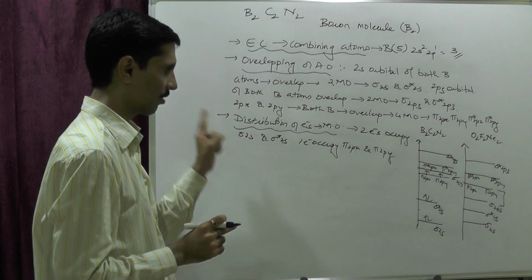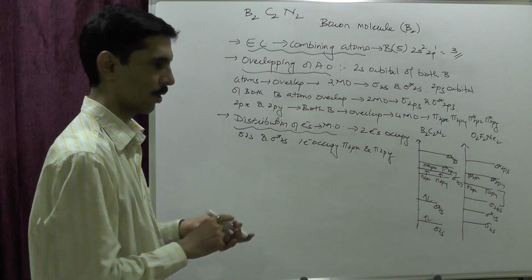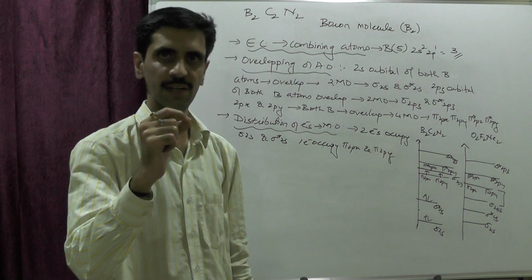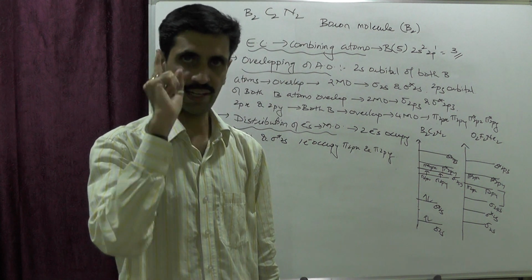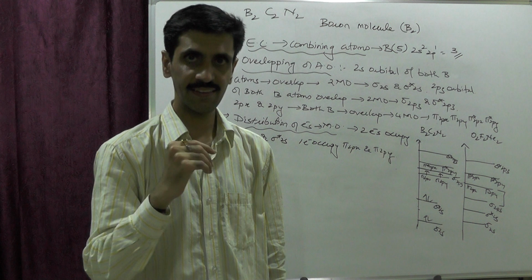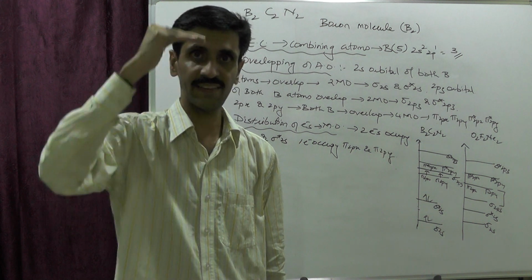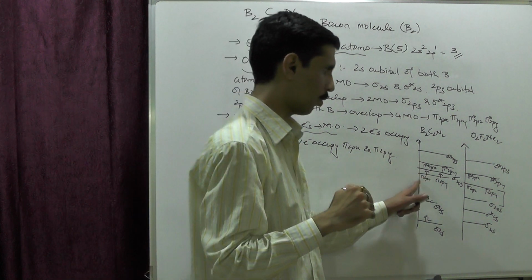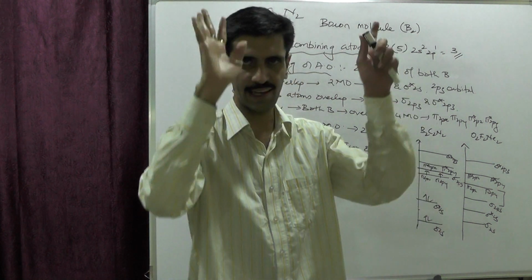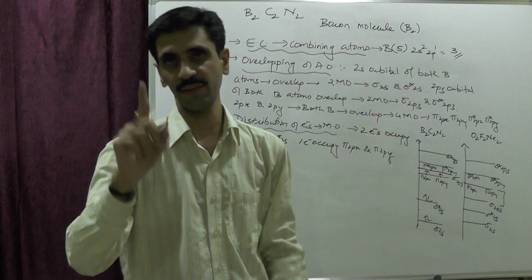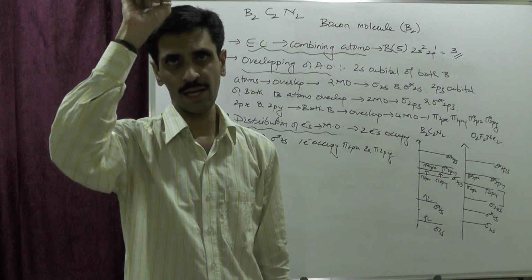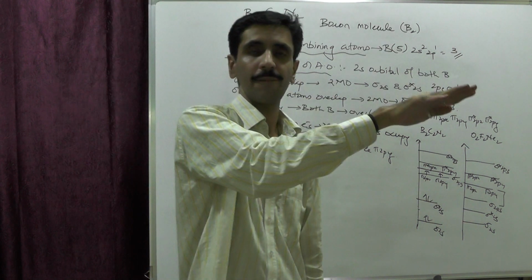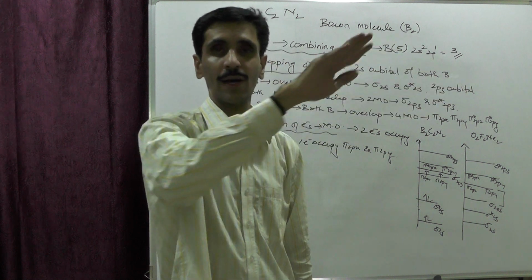Okay, so this is about the distribution of electrons in the molecular orbital. I hope you have understood the changes which are there. In simple words, just one change in terms of the energy level, and that is sigma 2pz is above, pi 2px and pi 2py is below. That is the only change. Otherwise, everything is the same. And I have also given you the reason why it is: it is because of the mixing of the orbitals, so that it is as per the experimental observation about